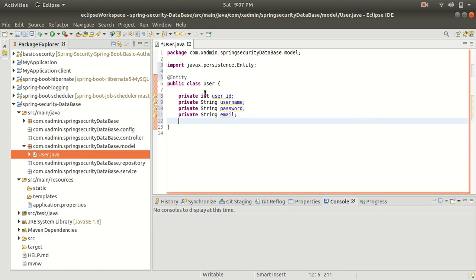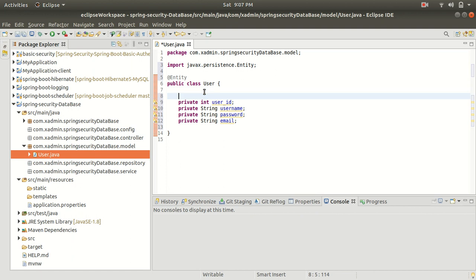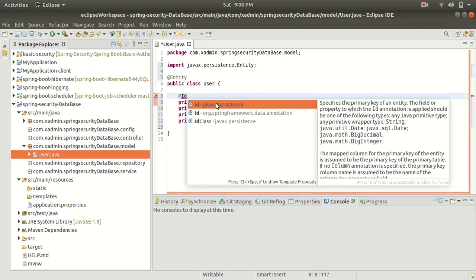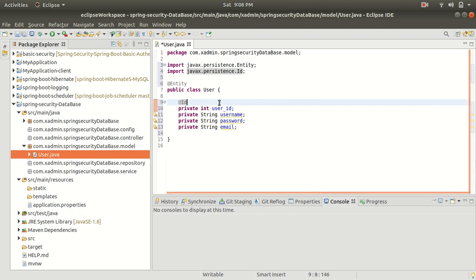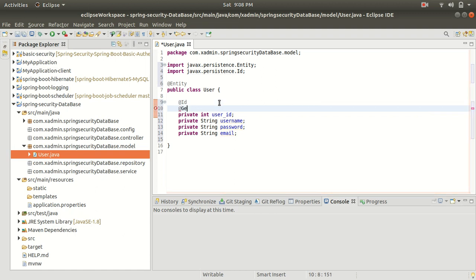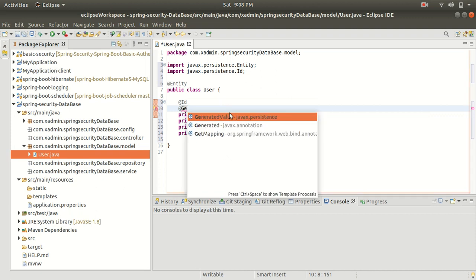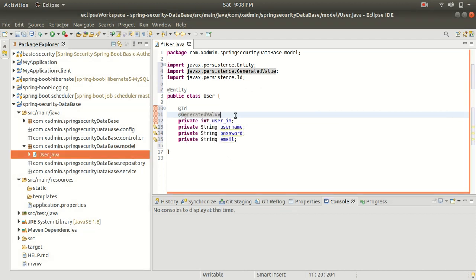Alright. So guys, here I want the user ID to be auto generated, and it should be a primary key. So let me mark this with the ID annotation for the primary key, and let me mark this with GeneratedValue to generate the ID automatically.